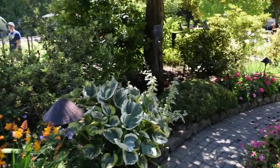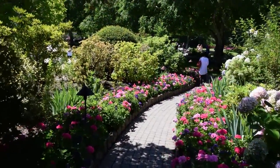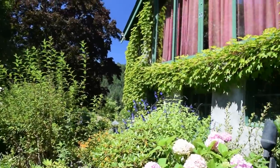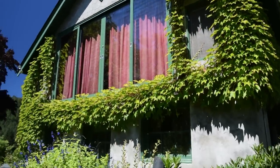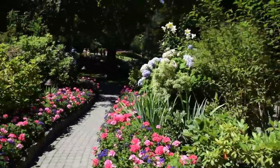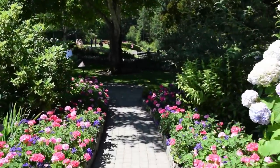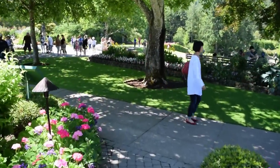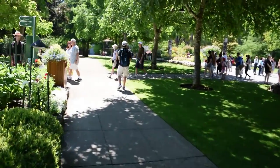Continuing along, I found my way to an area, it says the Organ Pavilion, and I don't know if this is the building or not, but one would certainly think so. So just out beyond this area where I'm located is an outdoor stage, and they have concerts here. As a matter of fact, there's a concert this evening,